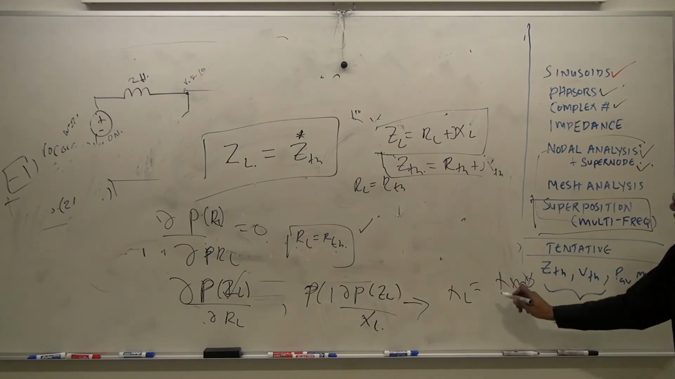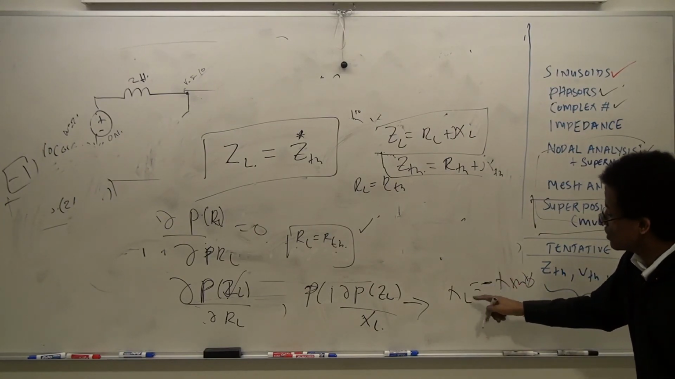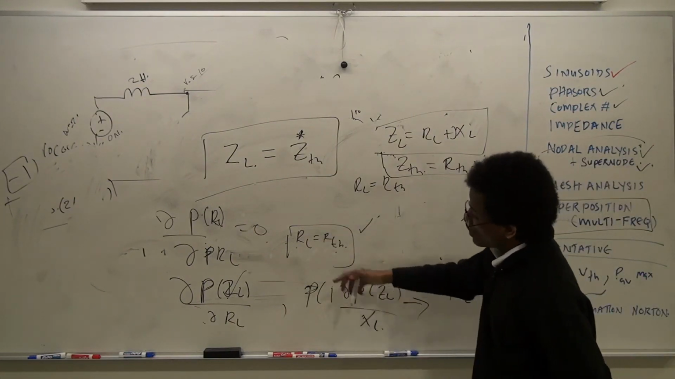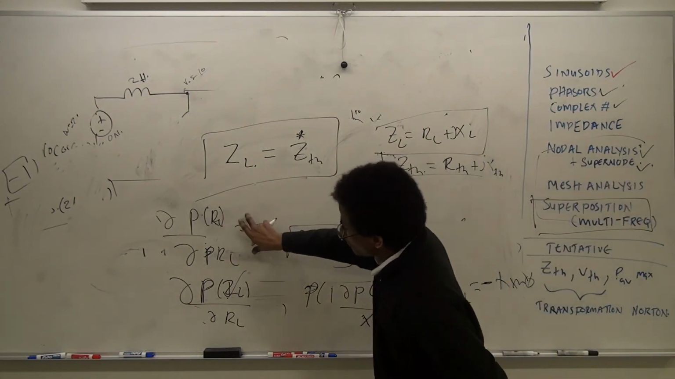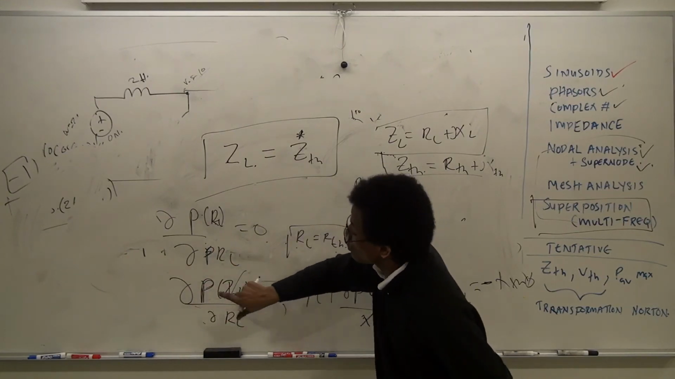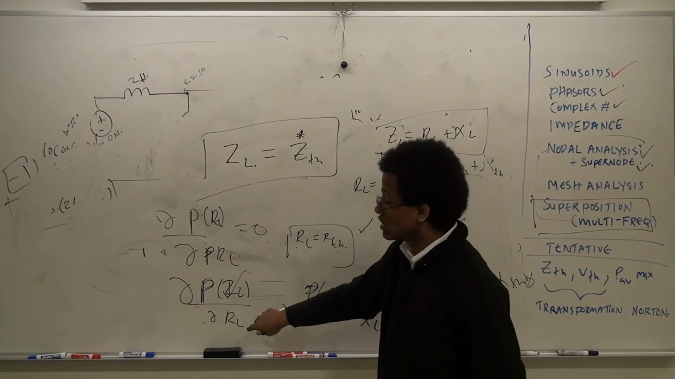Is XL equal to X Thevenin? No, we find that it's equal to negative X Thevenin. So it was just the same problem. I don't know if you can recall the optimization problem. We took a derivative with respect to one dimension. In the phasor domain, we do an optimization problem with respect to two dimensions, that is the real and imaginary